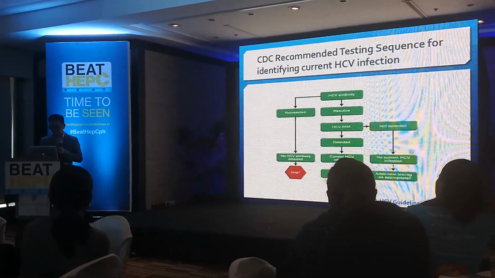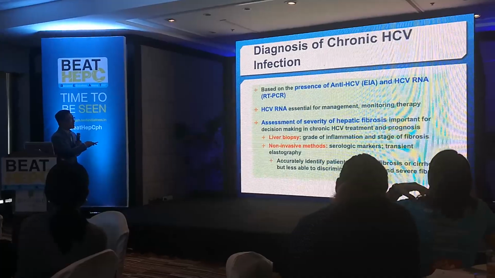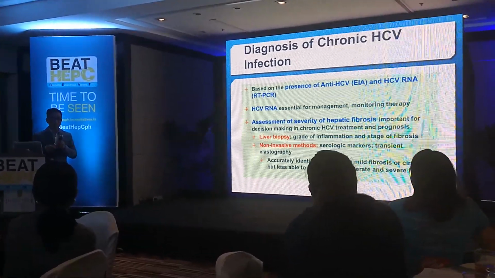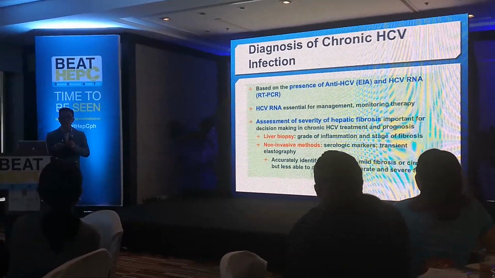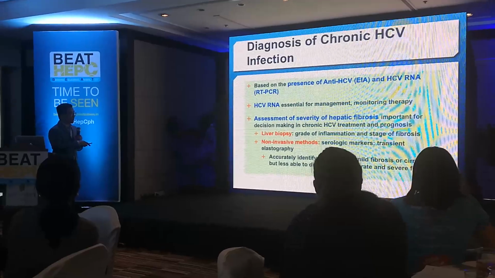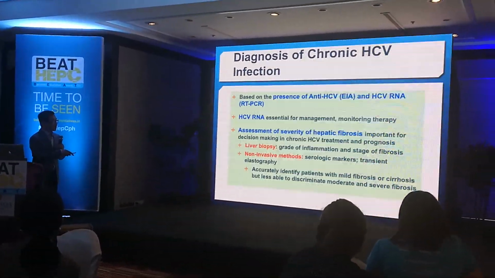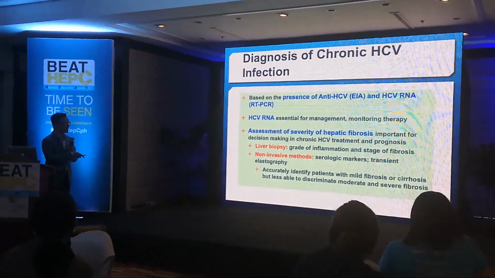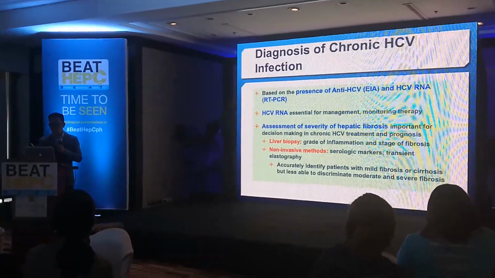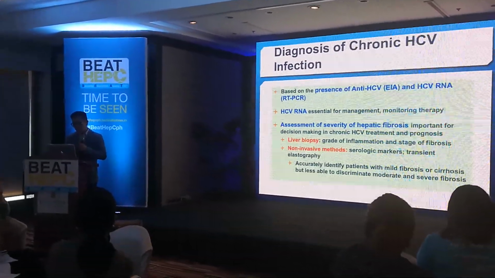Okay? So again, just to reiterate, we diagnose chronic hepatitis C infection. Why important again? Because once you develop chronicity of the infection, that's the time that you develop the complications. Again, liver cirrhosis and liver cancer. So we will be able to say that a patient has chronic infection if both your anti-HCV, or antibody to the hepatitis C virus, and a detectable HCV RNA are present. So a combination of those two pieces of information.